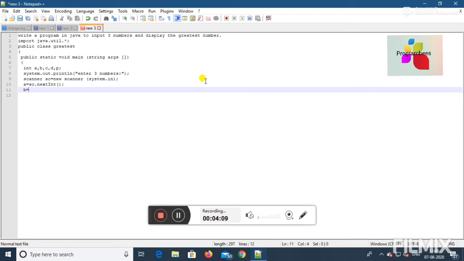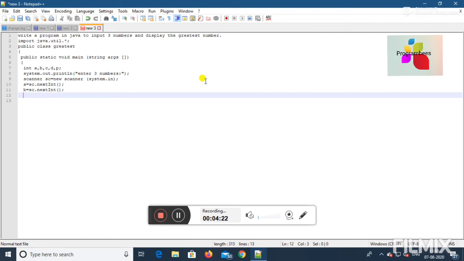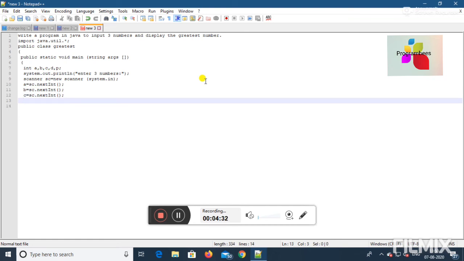Likewise, B equals sc.nextInt and again C equals sc.nextInt. So the user will get the A, B, C variables as the space for the 3 inputs, with the last line for the last input.